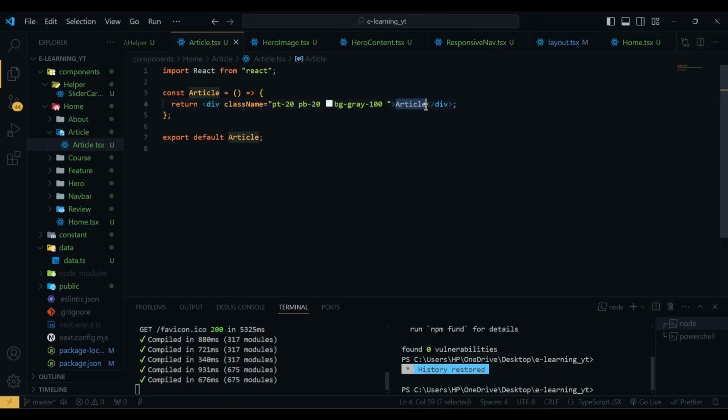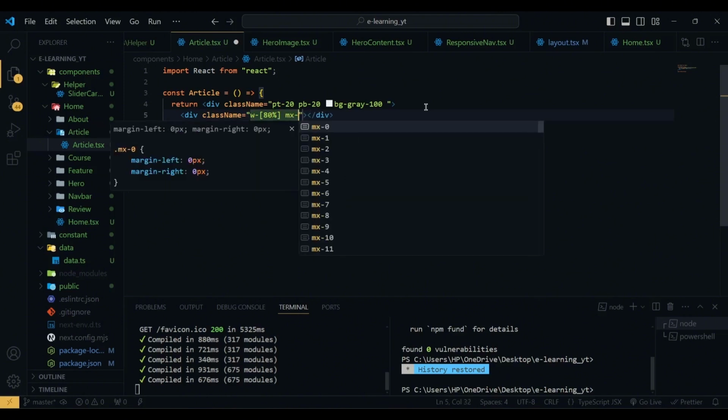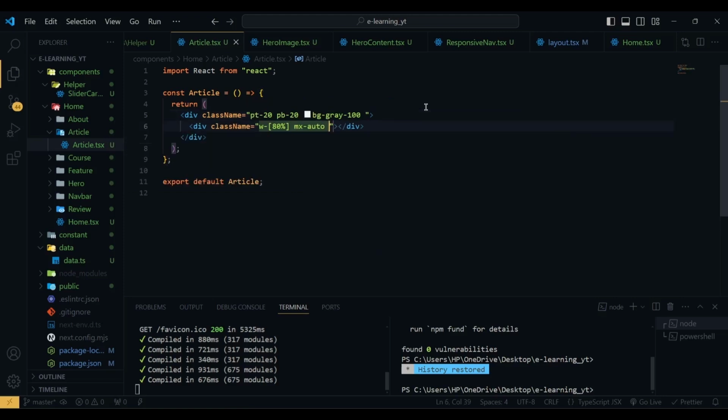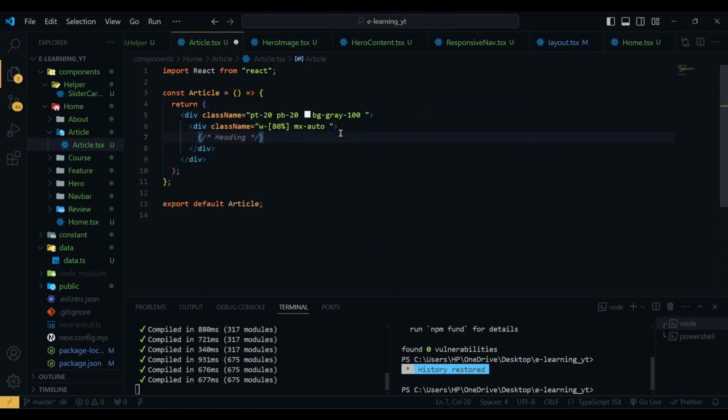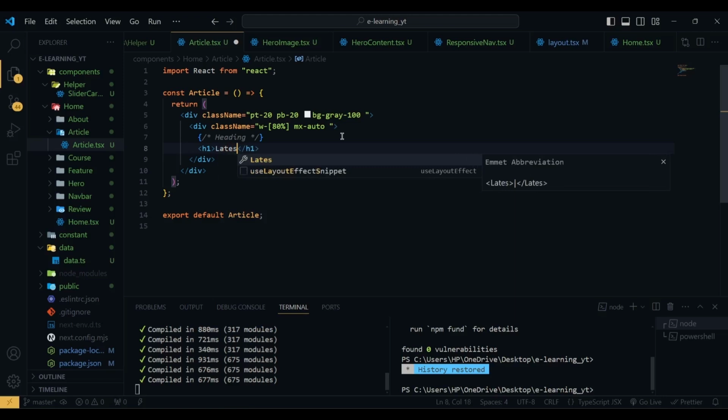Then inside this div we will have a title. So before the title we are going to add a div, and we are going to add a class name of width will be 80%, mx will be auto, and then inside this div we are going to add our heading. So this is our heading h1, and it will be latest